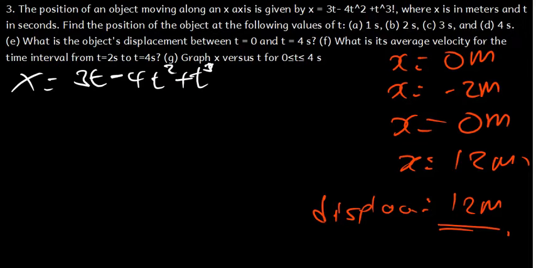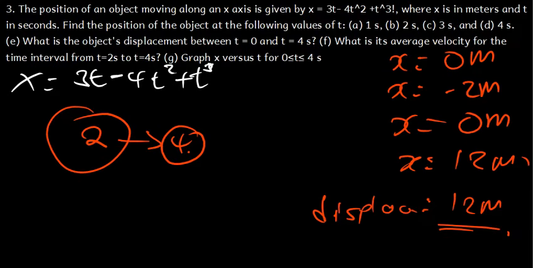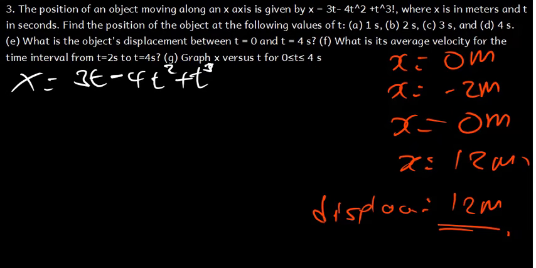But this one, we're starting from t is equal to 2 all the way to t is equal to 4, meaning that we need to do 4 minus 2. So in this case, to find the average velocity,